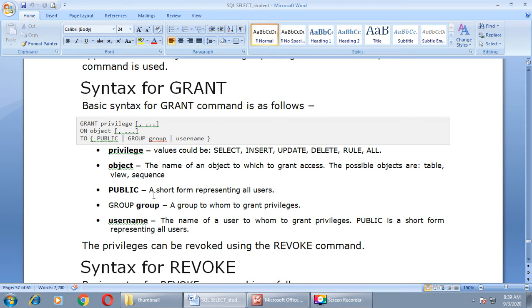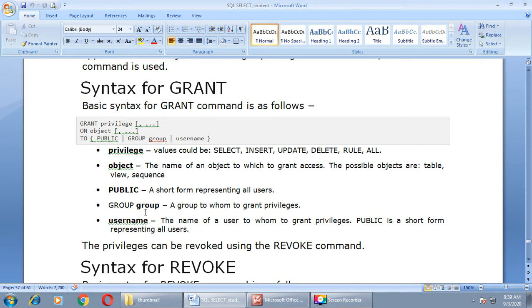Then the next parameter is public, a short form representing all users. Public means we want to give all the permissions to all the users. So we can declare a role like public, right? Then group, a group to whom to grant privileges.